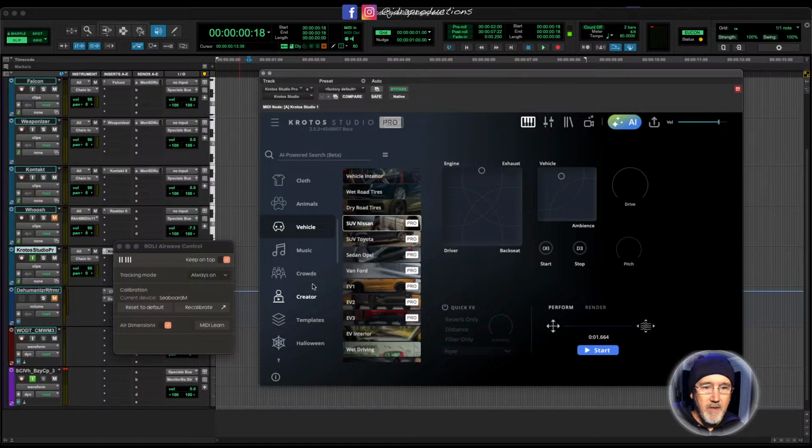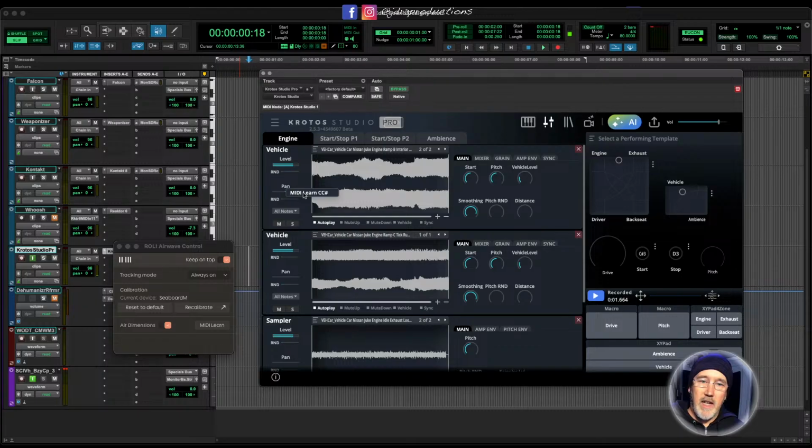It is very cool. Anyway, does the Airwave control panning knob as well as, or only pitch and levels? So you could set the Airwave up. It's sending out just CCs. So whatever can accept a CC command. If I wanted to, I could set it up under here. I can learn MIDI CC of the pan here, or if I want to put the pan on a macro for Croto Studio, I could do that. It doesn't really want to do it in Pro Tools that way,